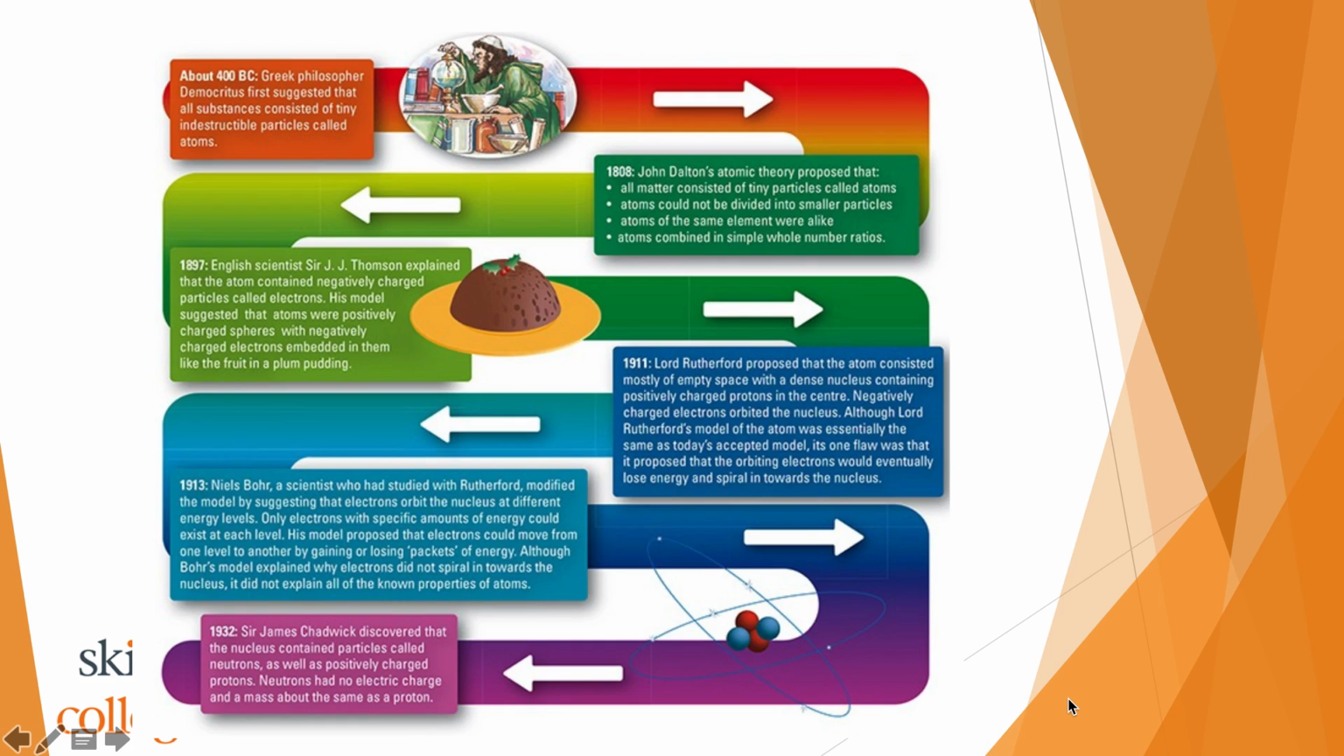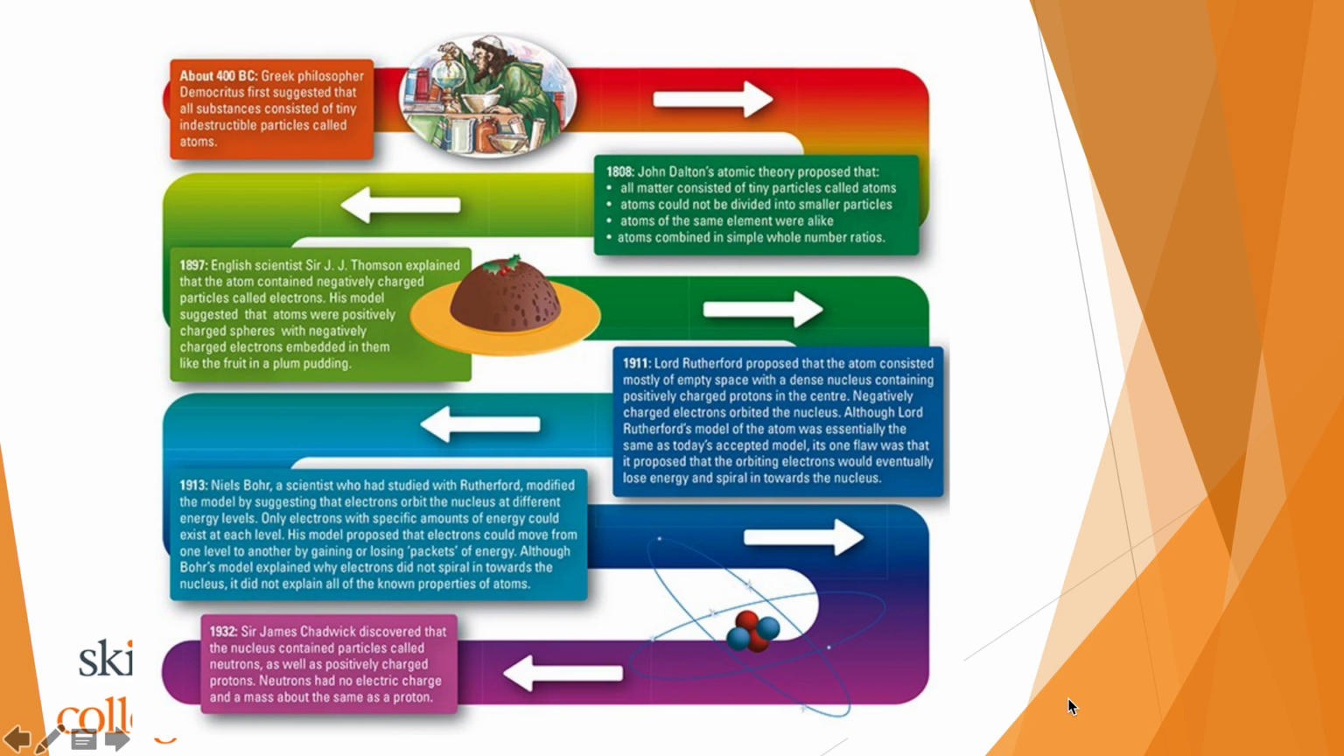So you should have this in your workbook. I'm going to read this through, and this is a timeline of people's ideas about what the atom maybe looked like and what it meant, what was an atom. So about 400 BC, so this is 400 years before Jesus, so this is 2,500 years ago, a long time ago, a Greek philosopher named Democritus first suggested that all